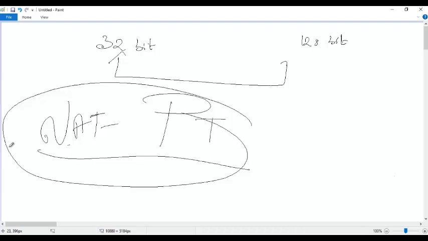NATing is simply changing one address, the source address, from an IPv4 address to another mapped IPv4 address. Normal NATing is simply changing a source address. If it is destination based, changing only the destination IP address. That is normal NATing. But NAT PT is not that simple. NAT PT is protocol translation. You're translating from IPv4 to IPv6.